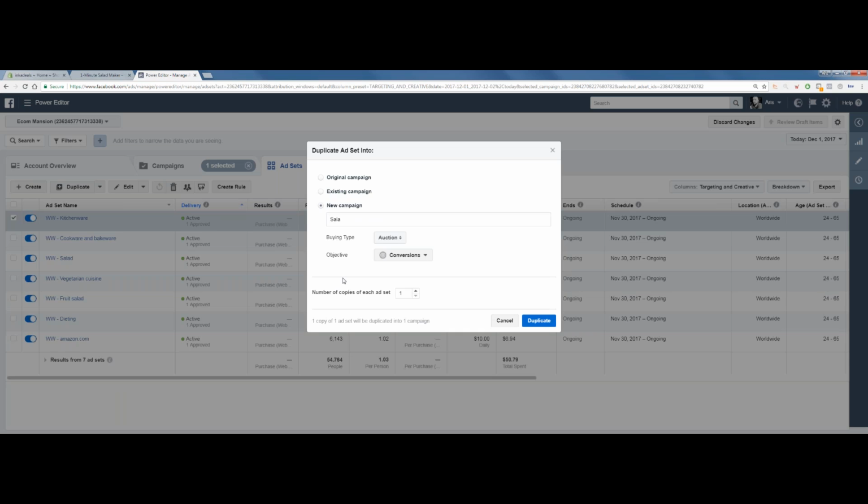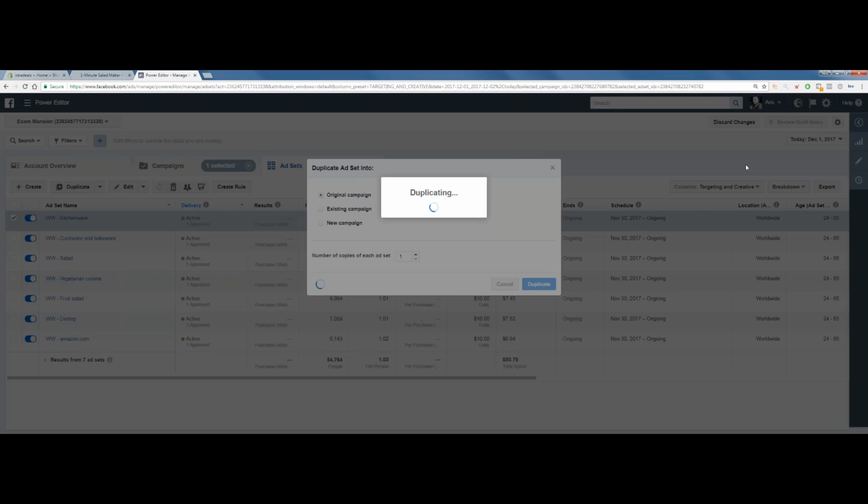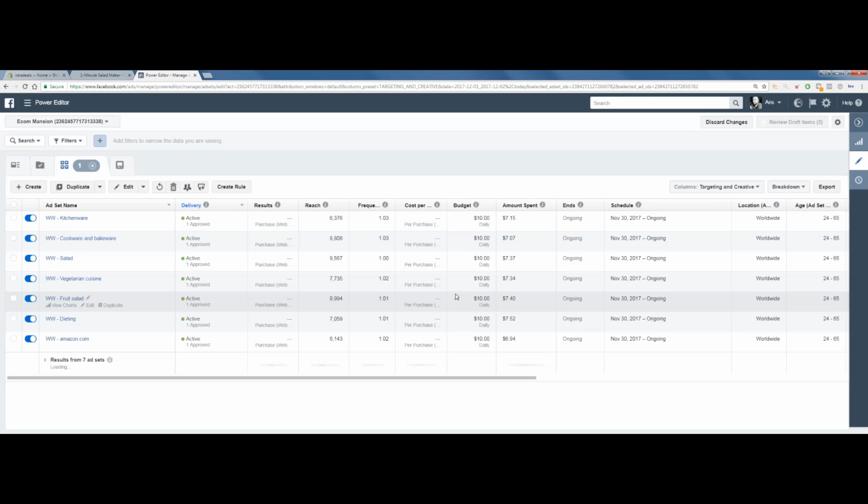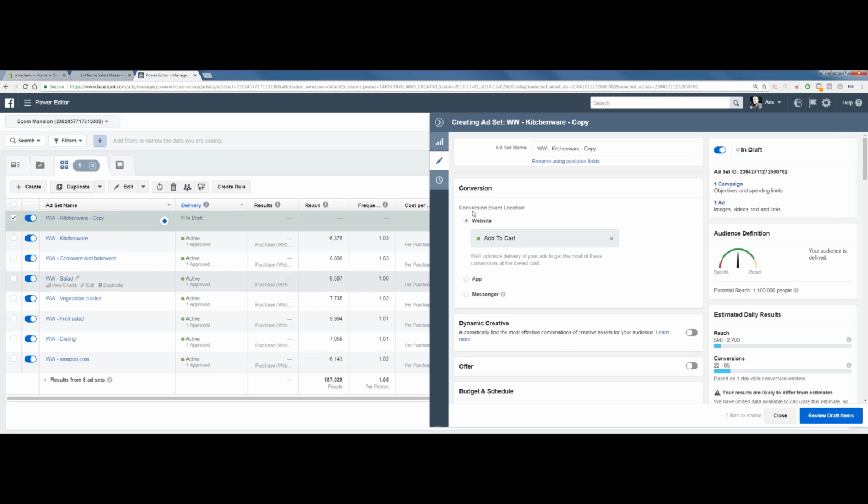this product is a salad maker. It's called Salad Maker, I think. Kitchenware is the ad set name. Scaling ad set, or just scaling. Okay? You duplicate it. Let's do it in the same campaign. We're going to change the name of it, just like we wrote before, so we can identify it easier.